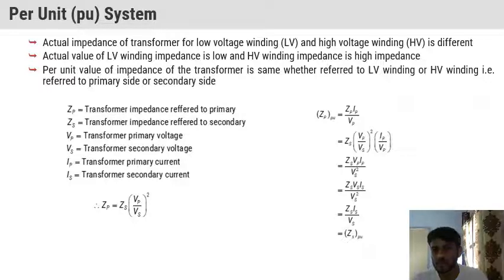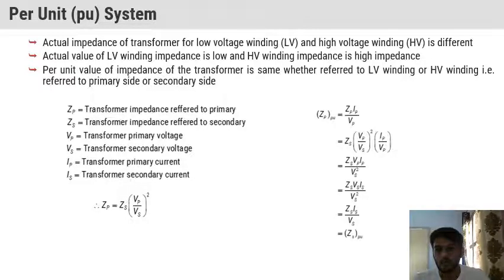In place of power we put Z into I, so it is also a power. Z V is equal to IR, so V is equal to IR. If we put this formula, it doesn't alter anything. So ZP into IP divided by VP. Now, if we put the value of ZP here, we have ZP in terms of ZS. So you get these values.